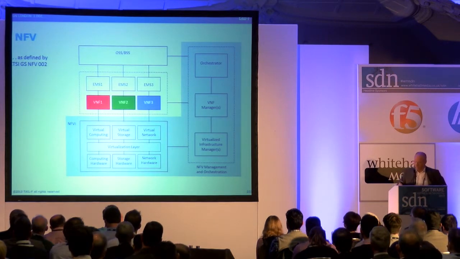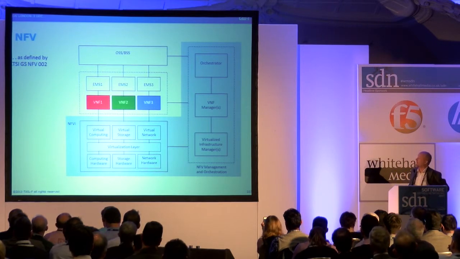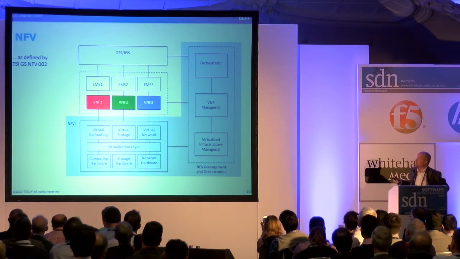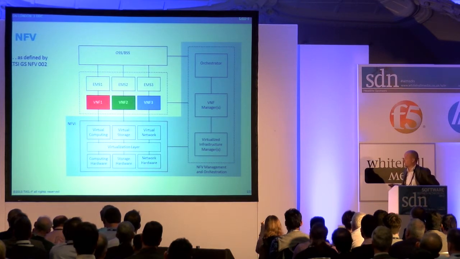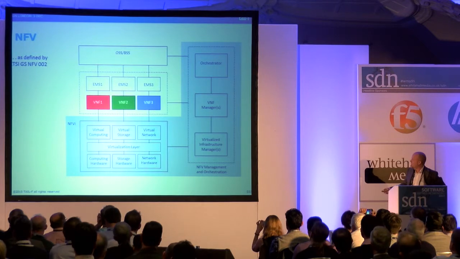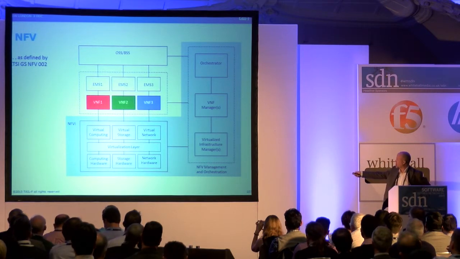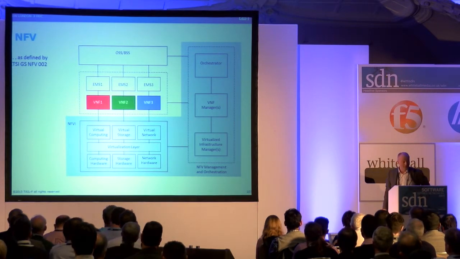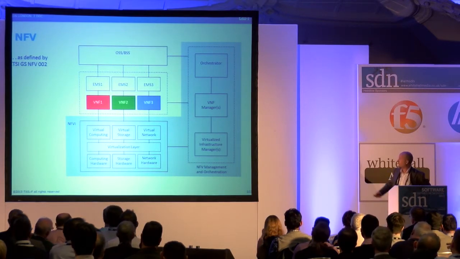NFV then, so I would say SDN and NFV are the two main themes here. This is the architectural diagram of NFV. NFV is the Network Function Virtualization group by ETSI that we had a good introduction to in the first talk this morning. And this is pretty interesting. So what NFV is saying is that in the bottom, we have the virtualization layer, we have a virtual network, and we have a virtual infrastructure manager. What is this guy? Virtual infrastructure manager. I would say that's OpenStack. So the bottom box here, virtualized infrastructure manager, that is OpenStack.